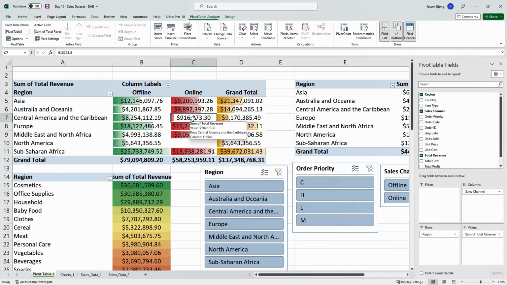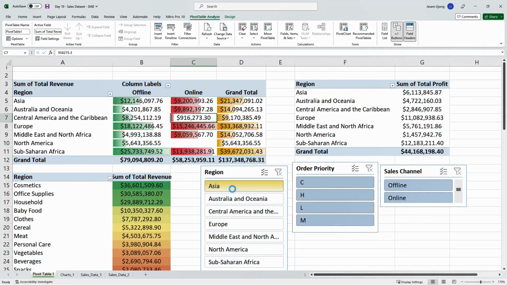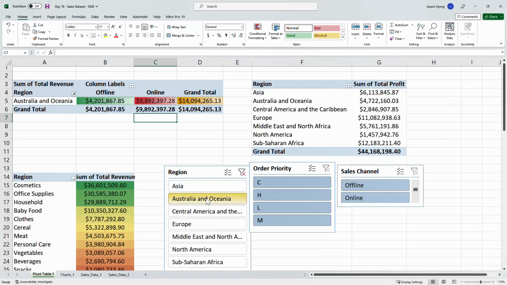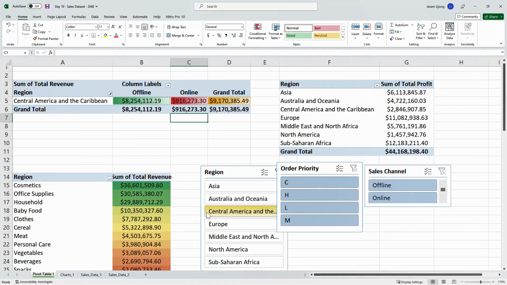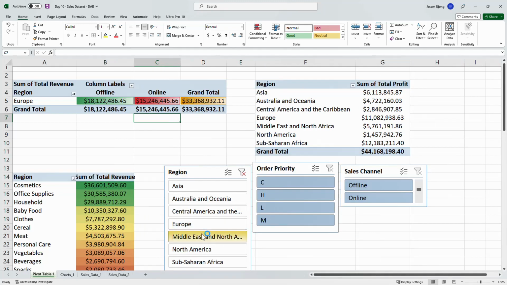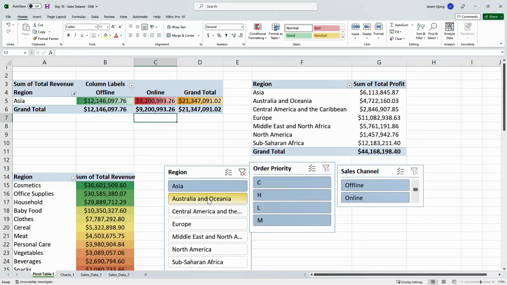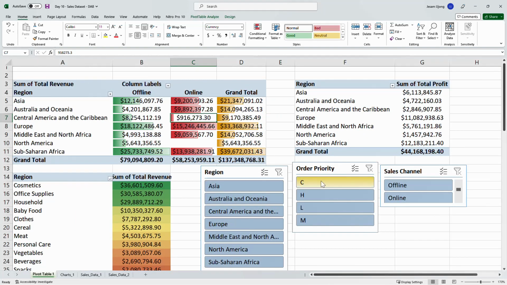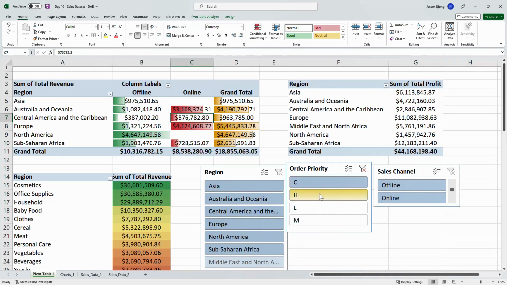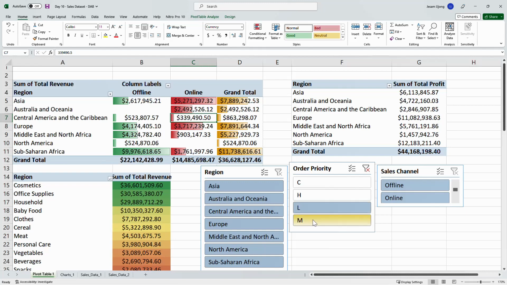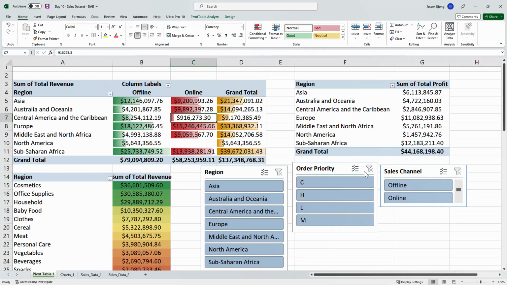Now for this one, I could either select by region and then it filters for just the different regions I want to view. And if I want to check by order priority performance, it's going to do that. But let's say we want all this connected,